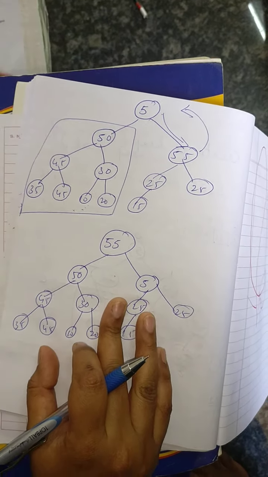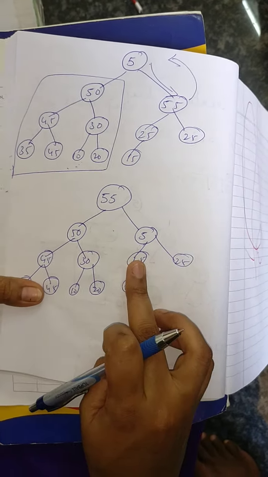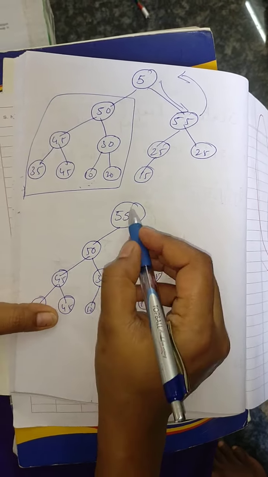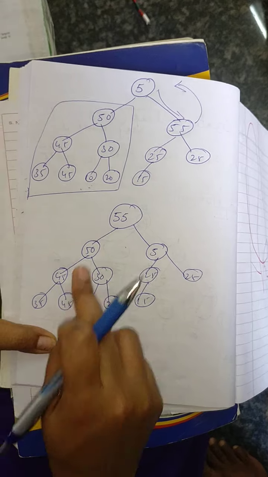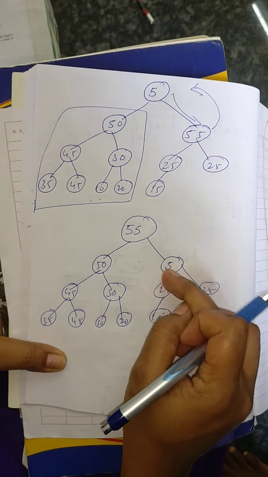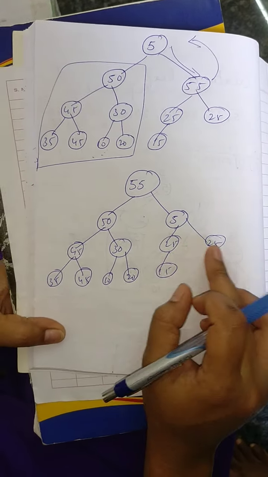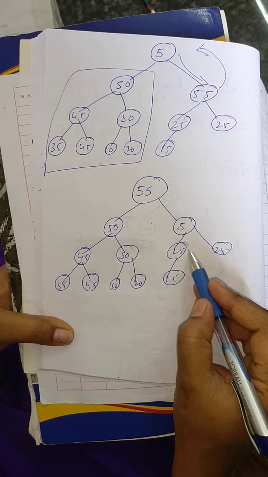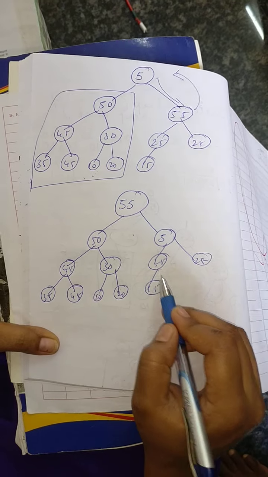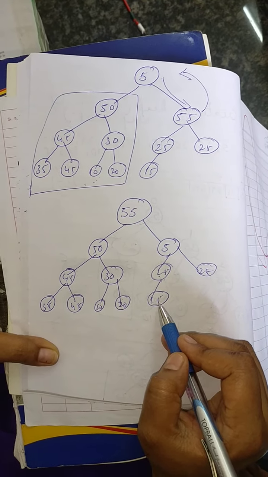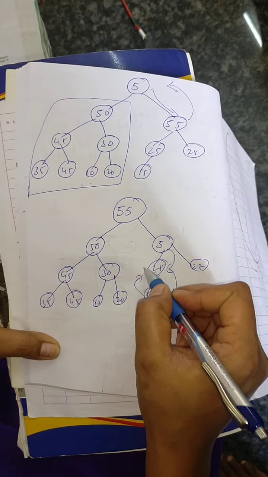Is this over now? No. Why? Because if you check from the parent now, what happens? Still if you compare this side also, the parent node comes from the top. Okay, 55. Yes, it is greater than this child. Yes, 50, greater. 45, greater. 30, greater. When you come here, your parent 5 is less than your child node. So what you do? Again you swap this. 25 you swap here, 5 comes here. Again what happens? Here it will be 15. Again 15 is greater than your 5. So what happens? Again swap. So this swaps and this goes here, this goes here.